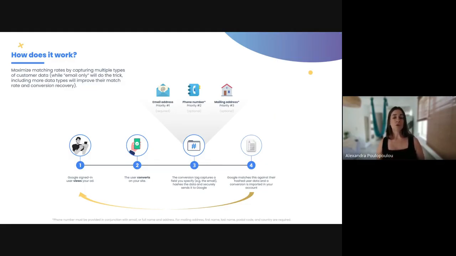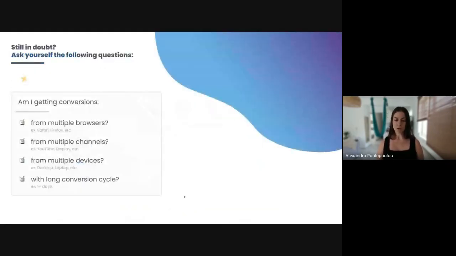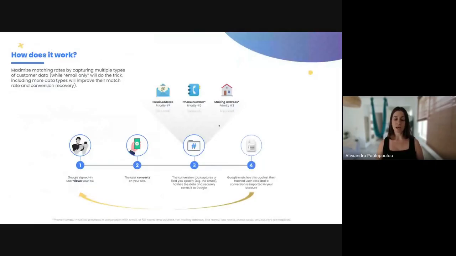Afterwards, we can use phone number and mailing address if we have them available, but you have to remember that these two pieces of information cannot work on their own. If you have a phone number, then you should also provide email, or you should provide full name and address. If you are willing to use mailing address, then you should provide first name, last name, postal code, and country